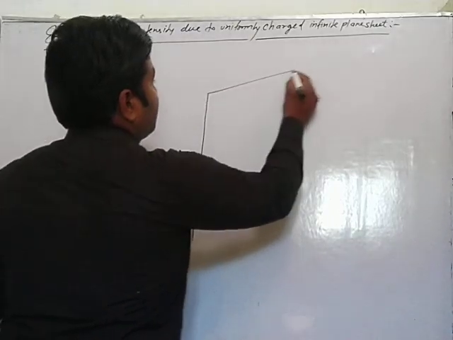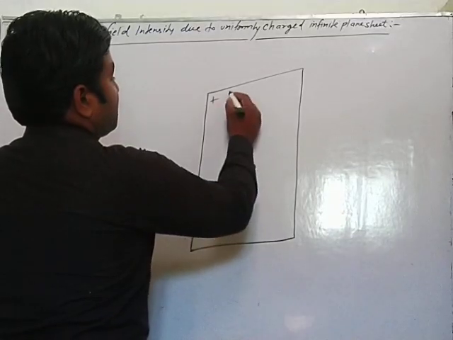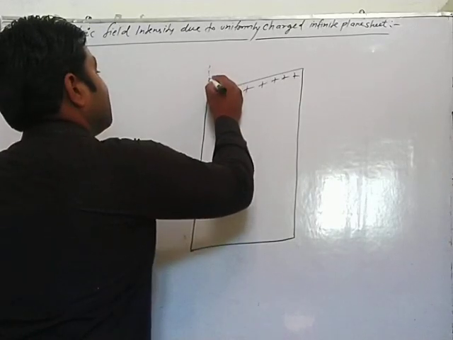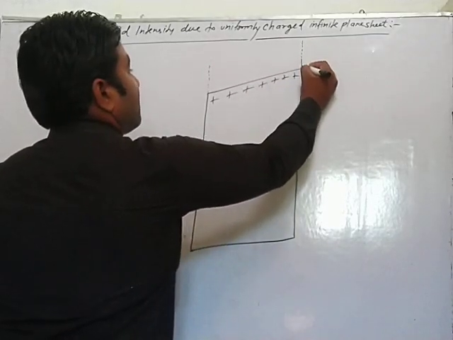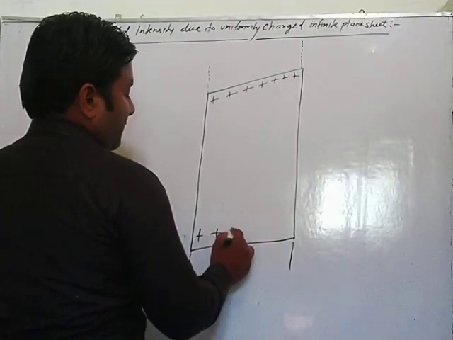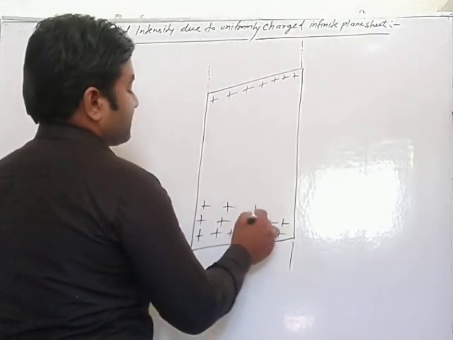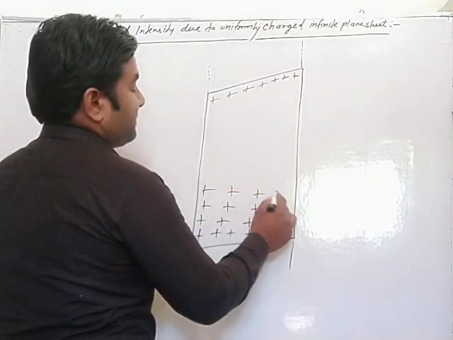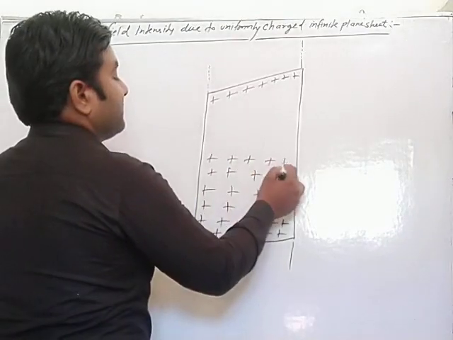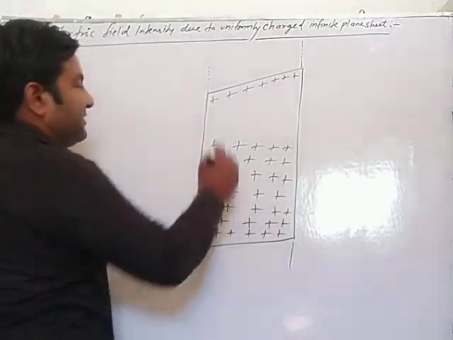This is a uniformly charged sheet, positively charged, and we consider its length extended up to infinite; this is the infinite plane charge sheet. With the help of this we will imagine a Gaussian cylinder, and with its help we can calculate the value of flux at a point, and that value of flux gives the concept of intensity. Very simple concept.